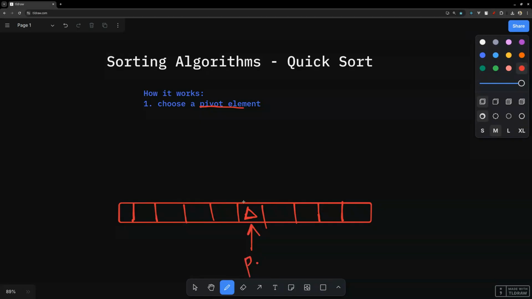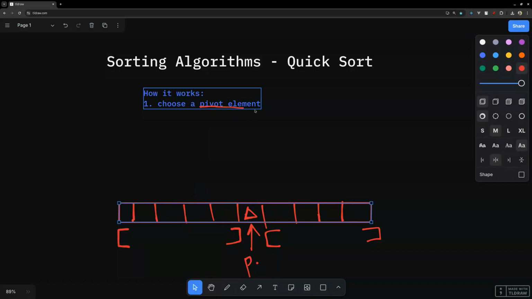Then we have two different sublists, one with elements smaller than the pivot and one with elements greater than the pivot. That shows you that you already have one element at the correct position where it should be